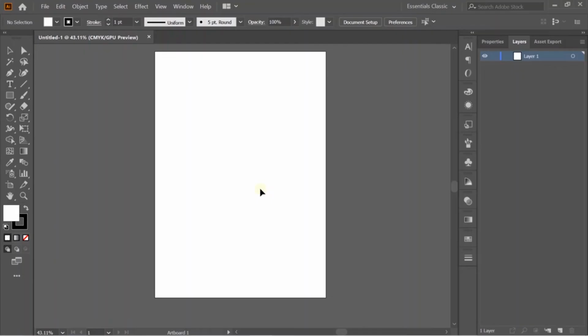Today's class is not in Flow 3D. That's why my Illustrator is open, in which we will create a shape for the patch, and after that we will import this image in Flow. I am making a pizza shaped patch since everybody loves pizza, right? For this, we have to create the basic shape first. I will fast forward the video to show you the final look of it. We will begin now.